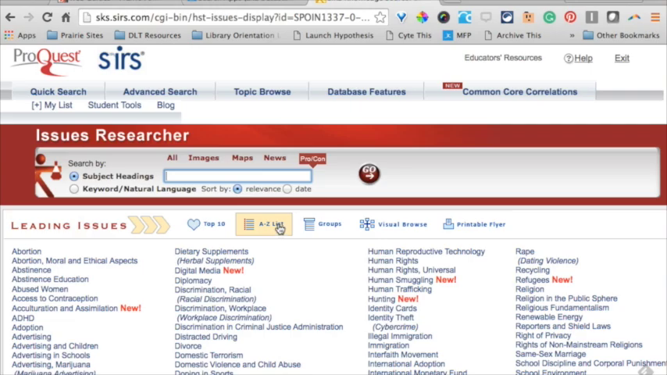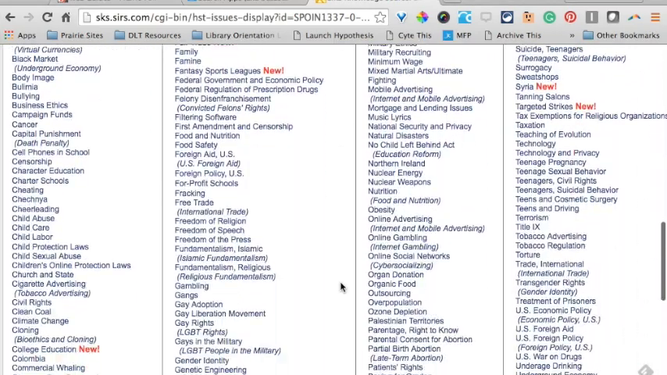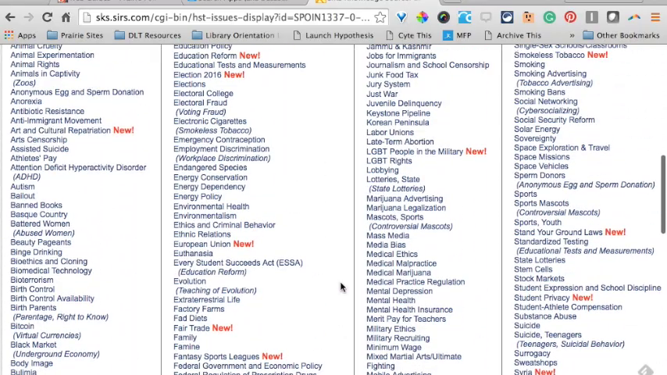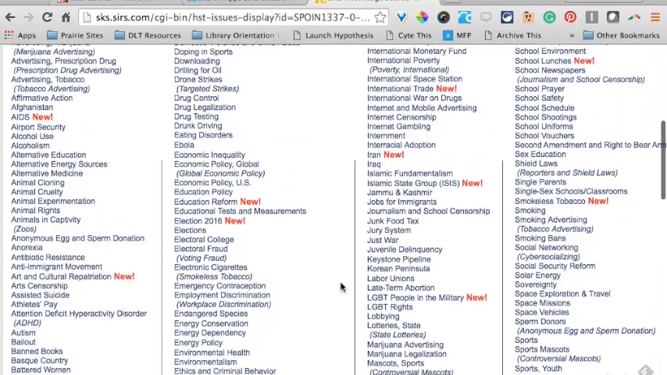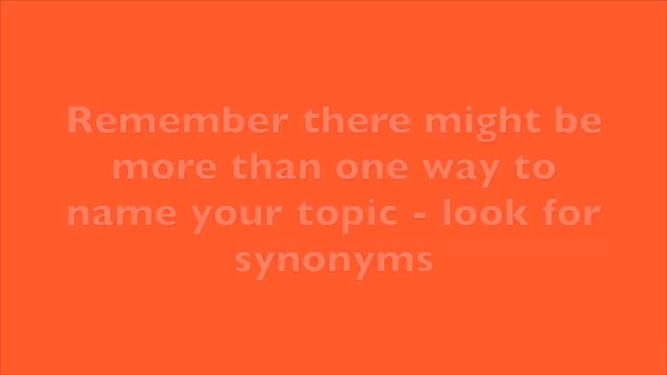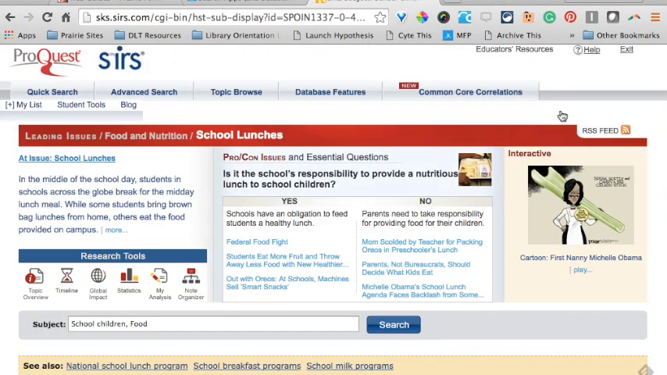And if you click on A to Z list, it will give you all the topics in the SIRS database. And you can see that there are many, many of them. I'm going to look for one about school lunches because that is the sample topic that we are using. And there you go, school lunches. So I'm going to click on that link right there,